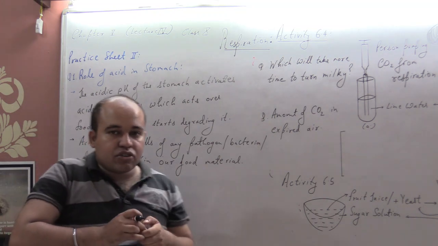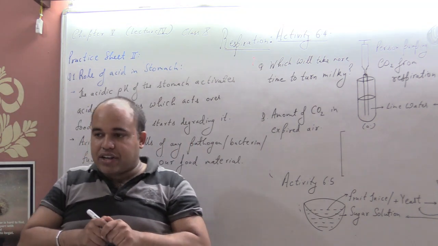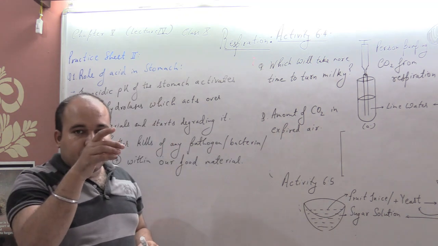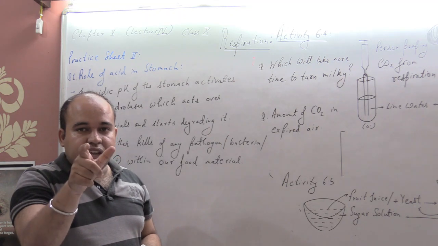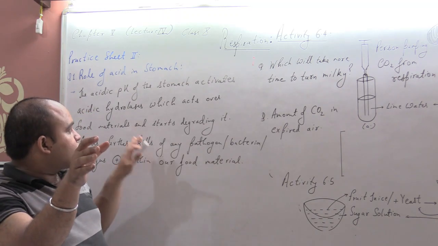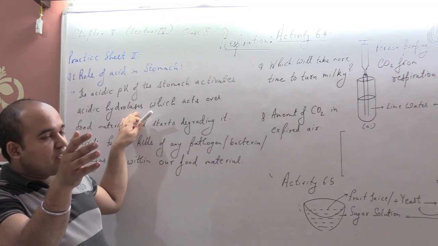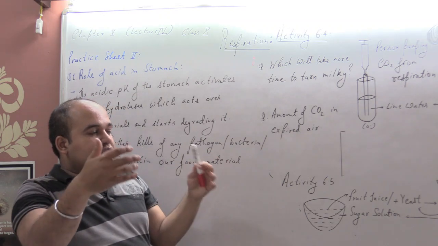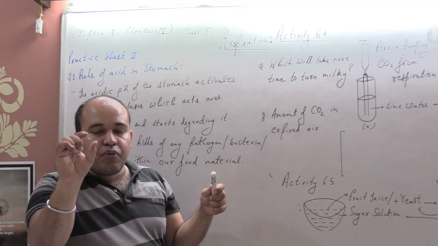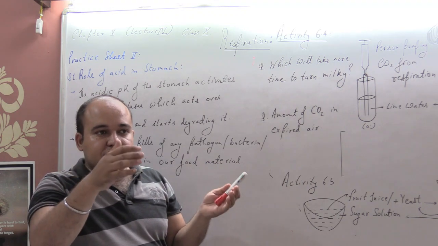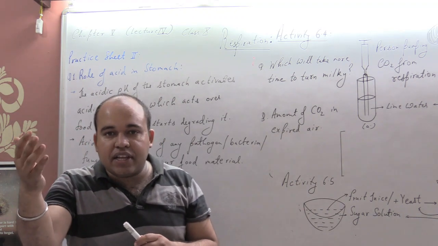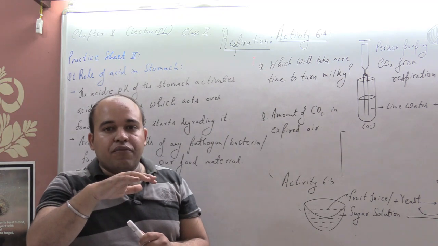Okay. The next question that has been asked in NCERT is this. Note one important point. In the stomach, it is the mucilaginous layer that protects the stomach epithelium from the acid of the stomach. The stomach contains a 1.5 inch thick layer of mucus that helps in protection of the gastric epithelium from the harmful effects of the acid.